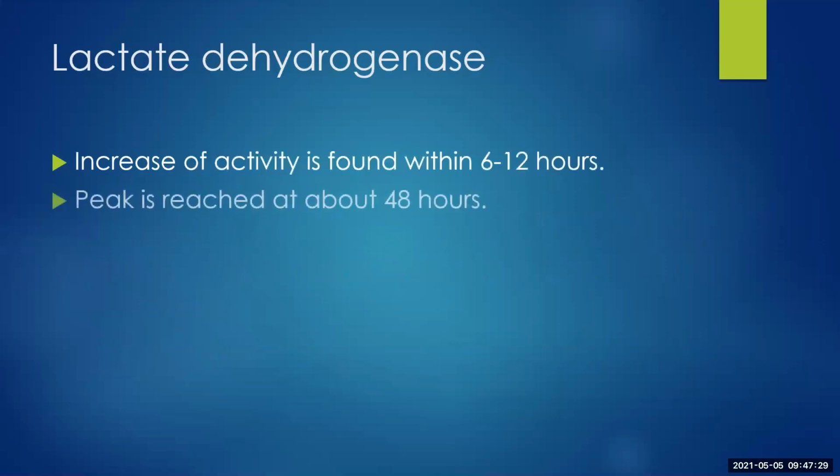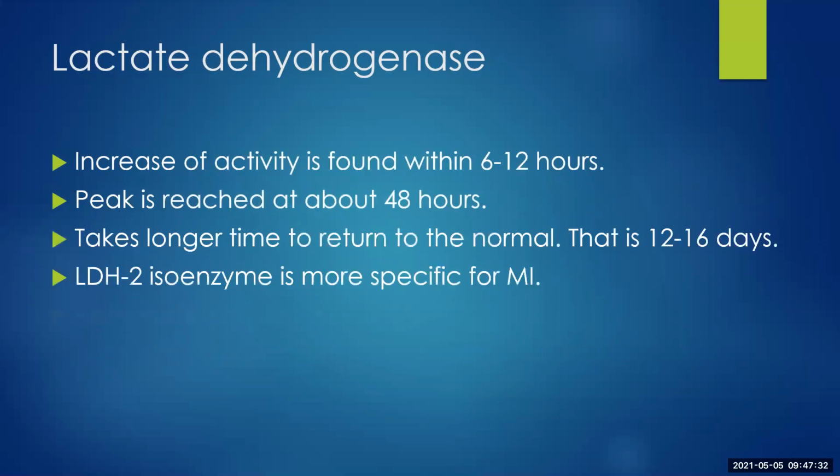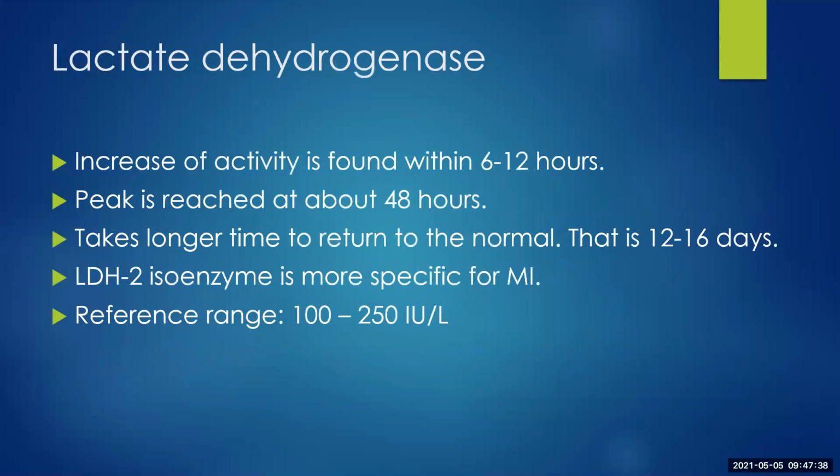We saw lactate dehydrogenase. Again, it has drawbacks similar to AST, but it has one advantage over AST, which is the isoenzyme form. LDH2 is more specific for myocardial infarction, but LDH2 can only be assessed based on a semi-quantitative type of measurement. Either we have to do ultracentrifugation, which is not available in each laboratory, or we have to do electrophoresis, which takes longer time, and it will negate any advantage LDH as an enzyme is giving for the assessment of cardiac injury.